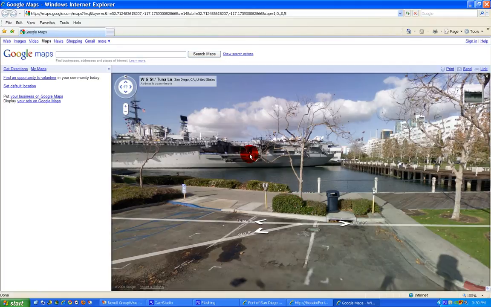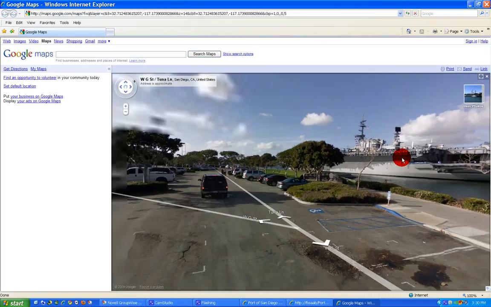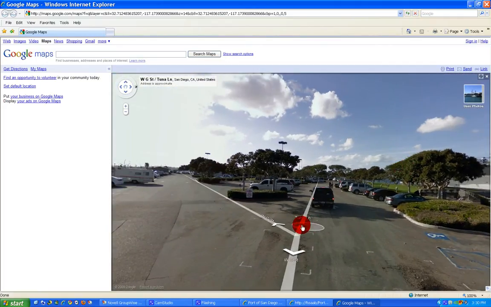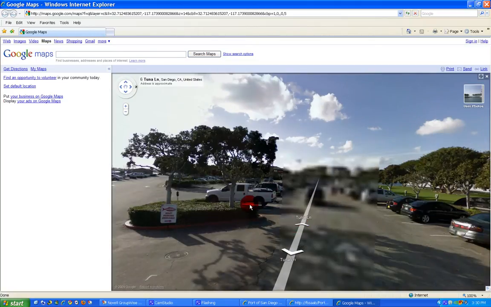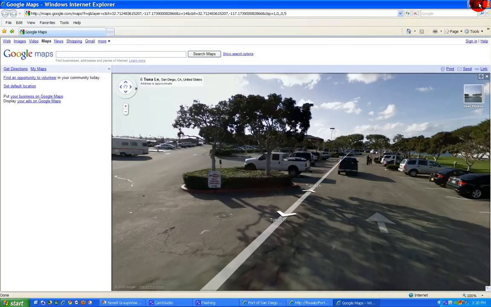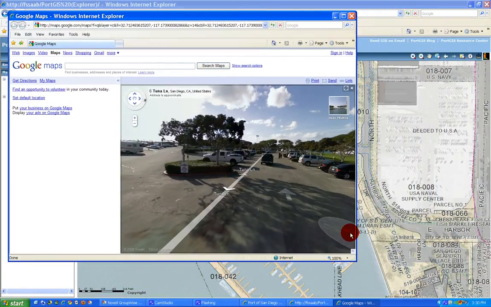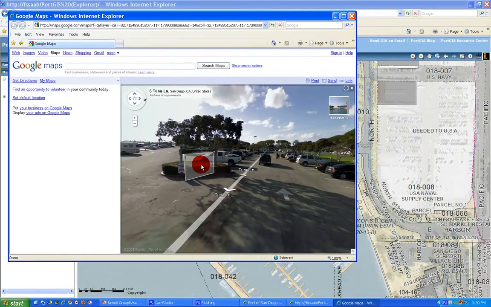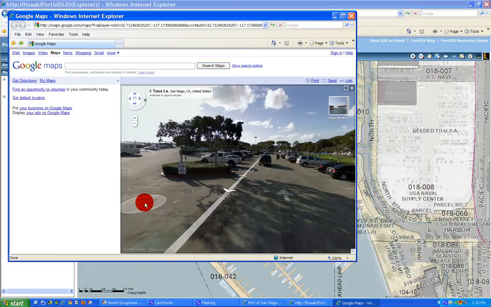By default it looks north, so we're going to turn west and then come right down here, and here's our manhole in question. So, but we want to make the image just about like that size. We're going to crop it, and we're going to draw a little circle right on this manhole so we can identify it in our